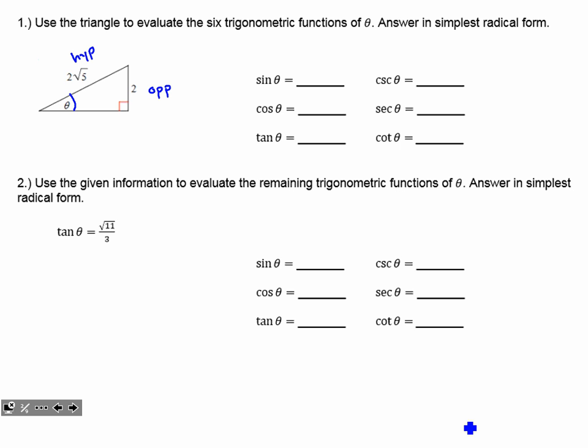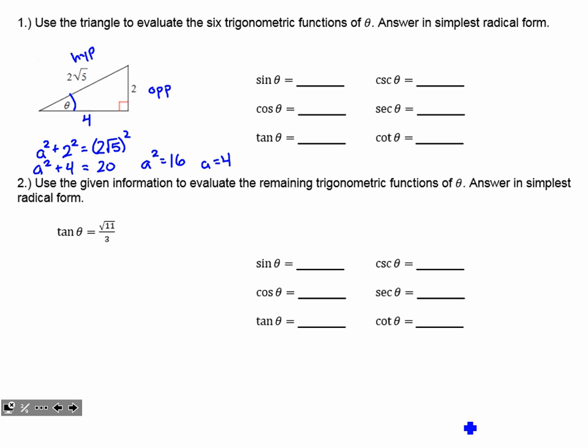Now, 2 square root of 5, I know that a squared plus b squared equals c squared, so my missing leg squared plus 2 squared is going to equal 2 root 5 squared. That means a squared plus 4 has to equal 4 times 5, 20. A squared is just 16, and that means that a itself has to be the square root of 16, 4. And just a quick check through Pythagorean theorem, make sure that that holds true.